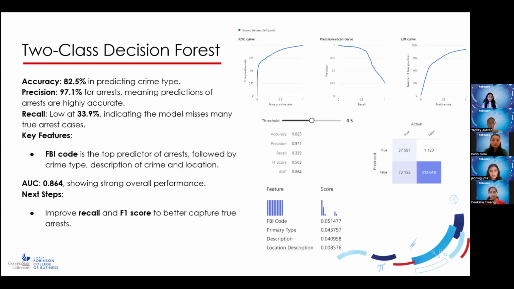So the next model, Janvi will talk about it. Yeah, so the second model we did was two-class decision forest. We excluded a few columns before splitting the data into 70% training and 30% validation. We trained the model on arrests, and we basically did this to predict the likelihood of an arrest in certain